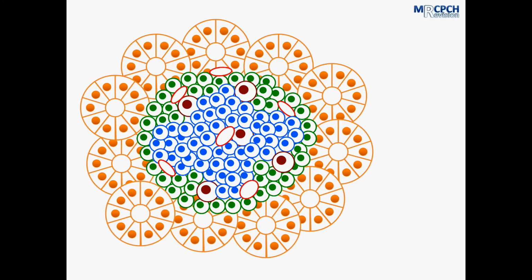On the outside in orange we can see the acini. These are the cells which produce a digestive enzyme and make up the exocrine pancreas, and these make up by far the majority of the mass of the pancreas, in the tune of between 97 and 99% of the pancreatic mass. The remainder is made up of the endocrine pancreas, which here is in the form of the islets of